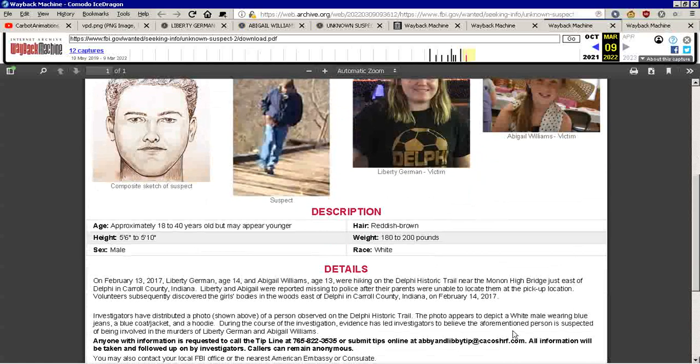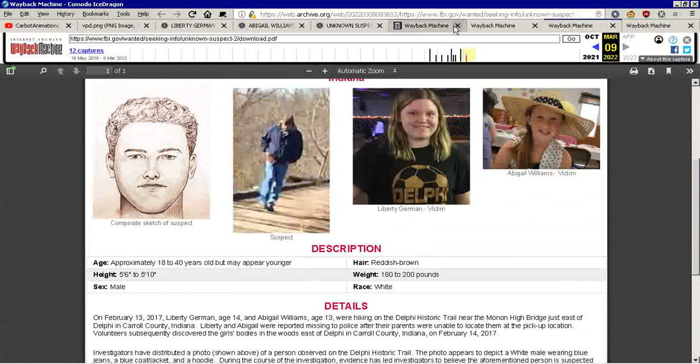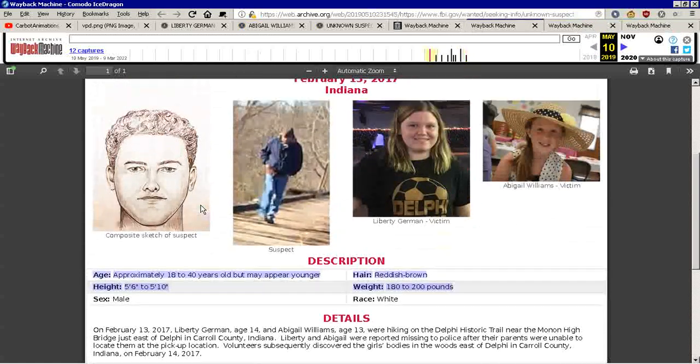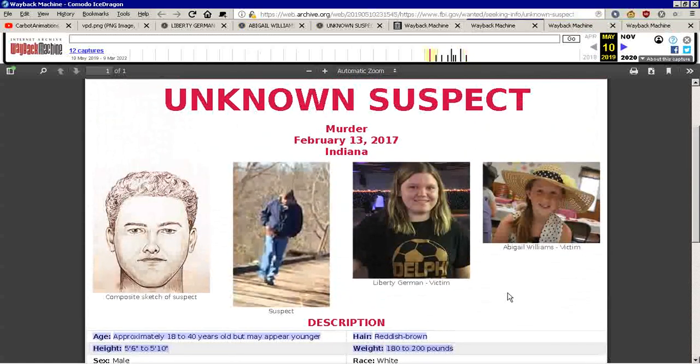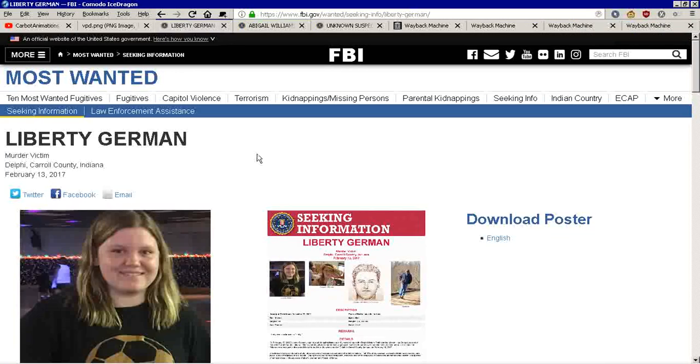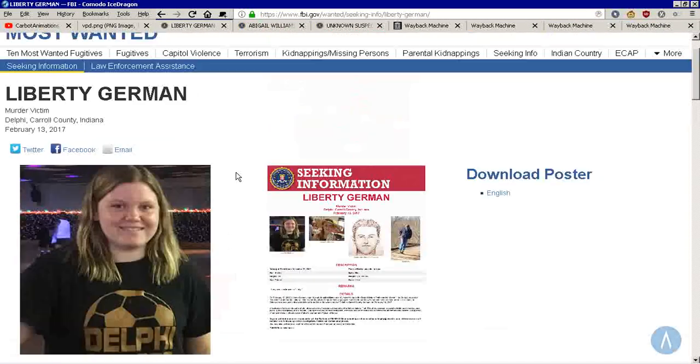But they left in the part from the photo. Blue jeans, jacket, hoodie, and so on. But reddish-brown hair isn't really easily confirmed. 18 to 40 is based on just basically the two impressions we got. It's a white male, that's all we got. And yeah, much older versions would have included a picture of the perpetrator. They're depicted on the backup copies of each of these two girls' lookup page, Abigail and Liberty. And they'll have the extra images there.